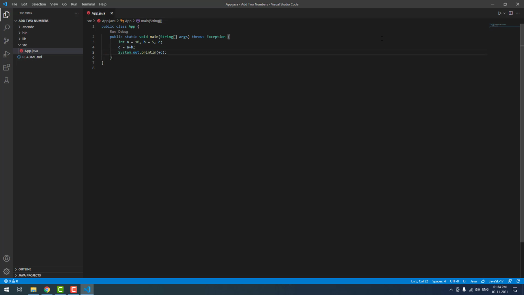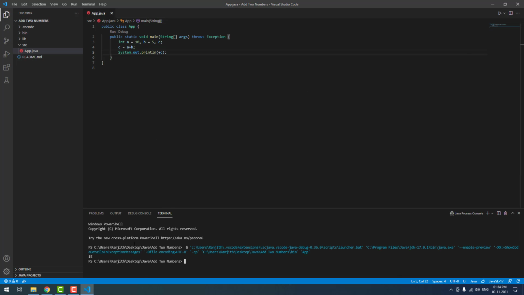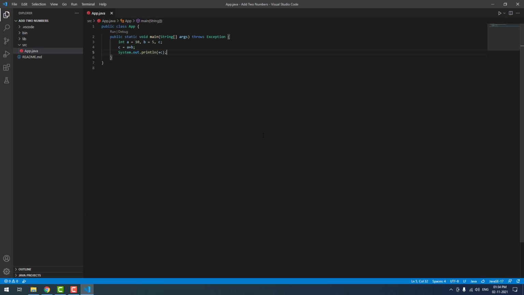You can run the program by clicking the run button on the right side of the window. You can see here, just click the Run Java button, the red button. As you can see, it is compiling and running. You can see the output here. It is showing 15. 10 plus 5 equals 15. That's it guys. We have successfully installed Java on the operating system and we have successfully run the Java program in Visual Studio Code.